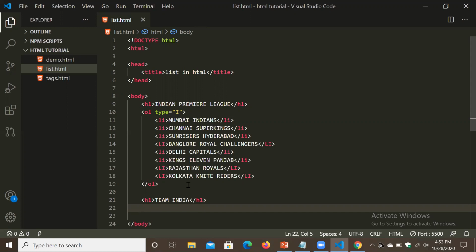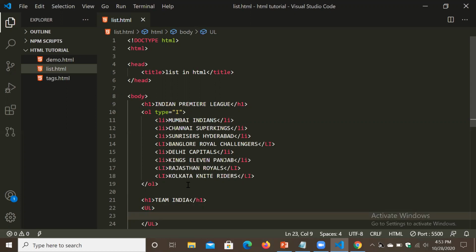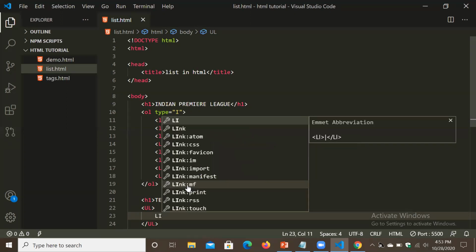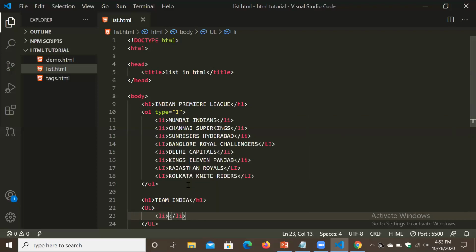Now we have to use here UL tag. Capital or small doesn't matter, but we should write in small, no problem. Now similarly here also we have to take li tag, list item. Day before yesterday only the squad was declared for the Australia tour.